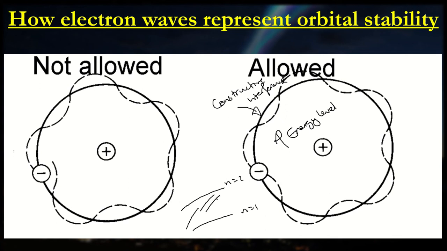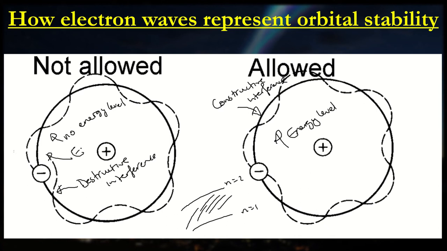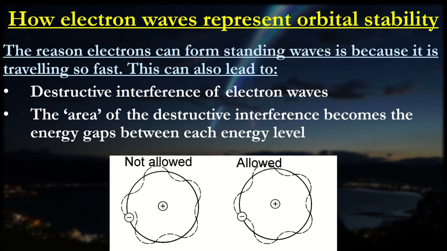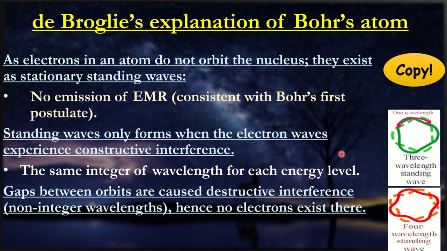Now any kind of gap, so let's say we have N1 here and then N2 here. The reason why there is all this empty space is because in that empty space there was some form of destructive interference, and so there is no energy level in existence. As a matter of fact, this is the energy gap that's separating the energy levels of the electrons. That's how you explain these orbitals that Bohr has proposed. So that's our energy gaps that we were talking about.